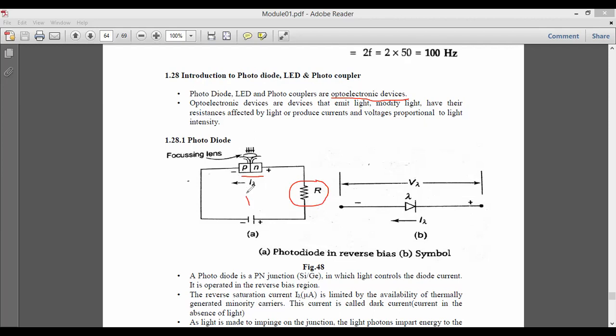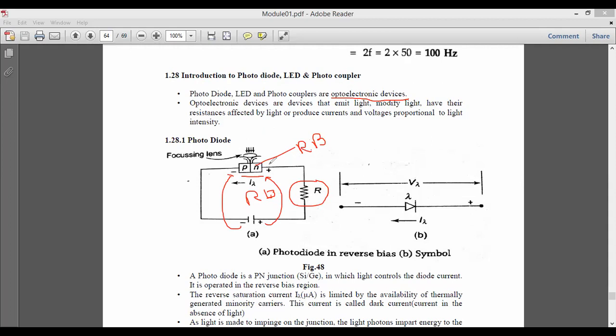So what type of operation is this? It is reverse bias. If the negative of the battery is applied to the P type and the positive to the N type, we say that this PN junction is operated under the reverse bias condition. Under reverse bias, there is no flow of current.